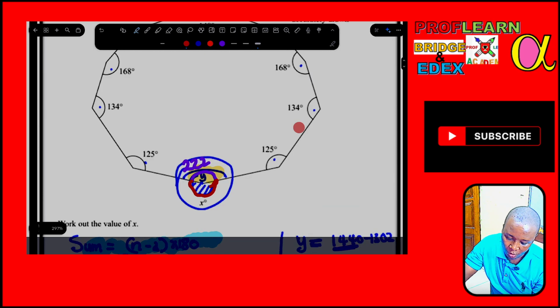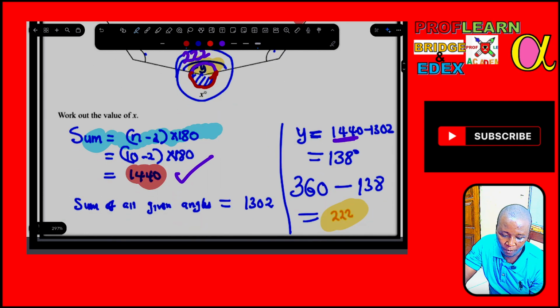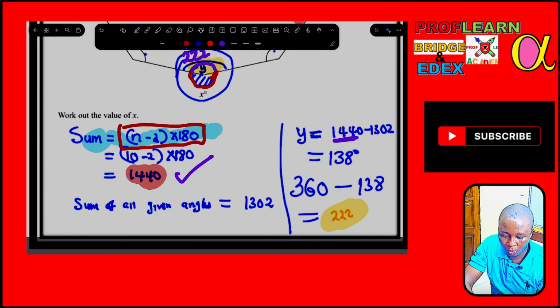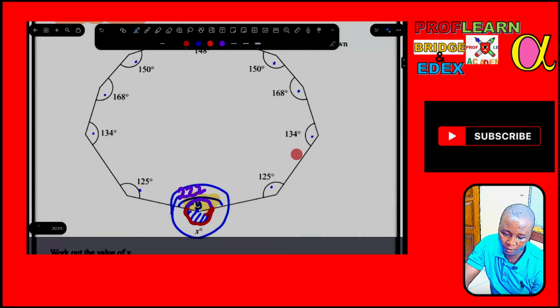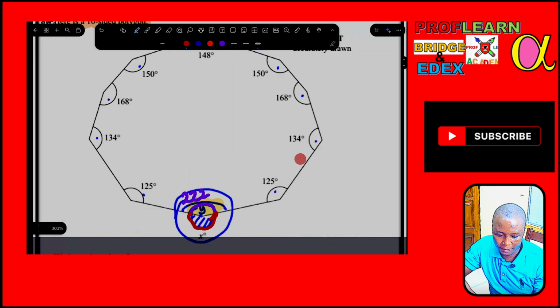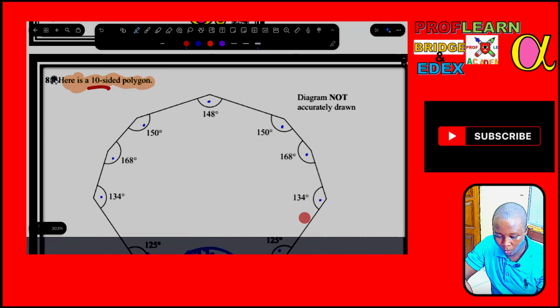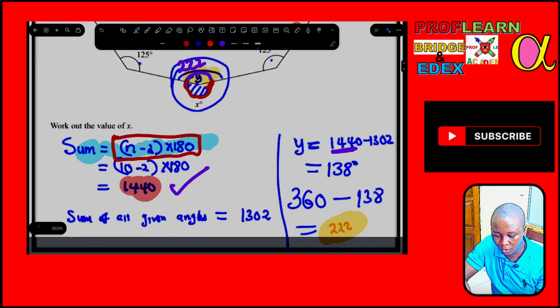Number one, candidates were supposed to remember that the sum of interior angles of a polygon is given by n minus 2 times 180. For any polygon, be it regular or irregular, the sum of interior angles will be n minus 2 times 180, where n is representing the number of sides. Then, in this case, we are given a 10-sided polygon, which means this is going to be 10 minus 2 times 180,